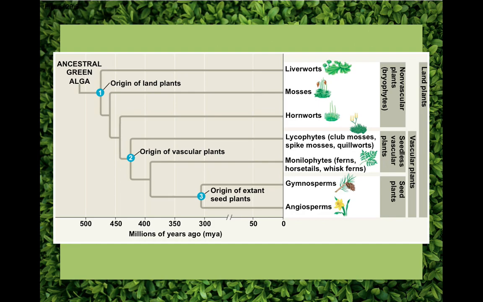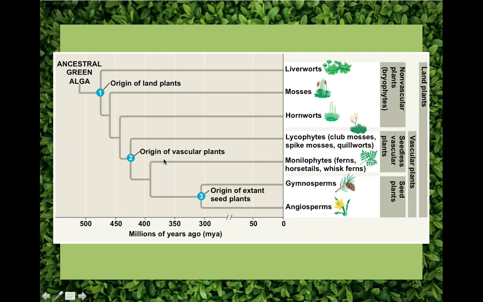But still very much dependent on liquid water. We have the liverworts, the mosses, and the hornworts, which are non-vascular plants, the bryophytes. And then we see next great innovation in plant development was the origin of vascular tissue, which meant a lot of other